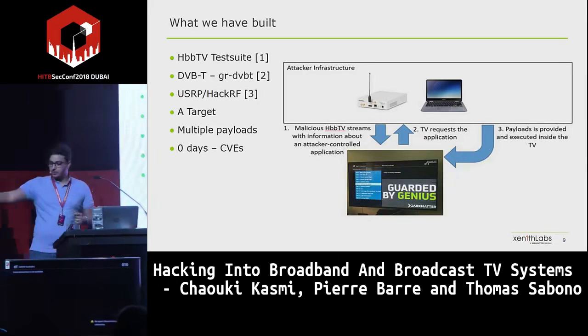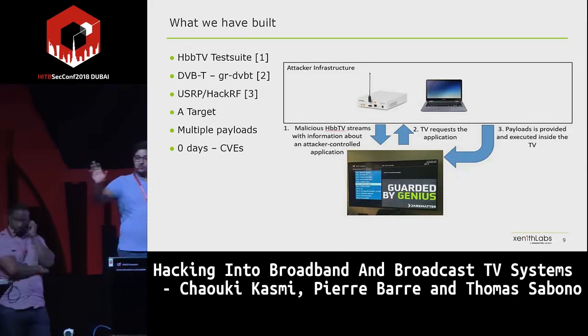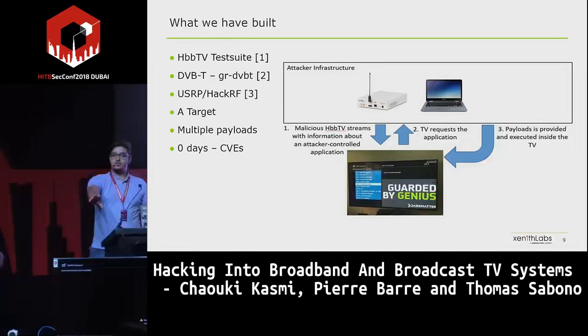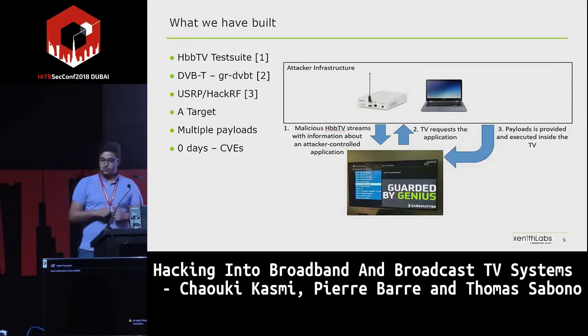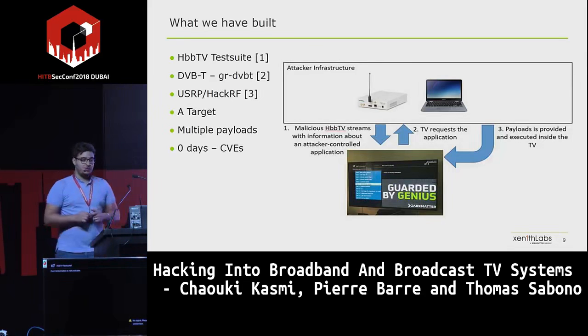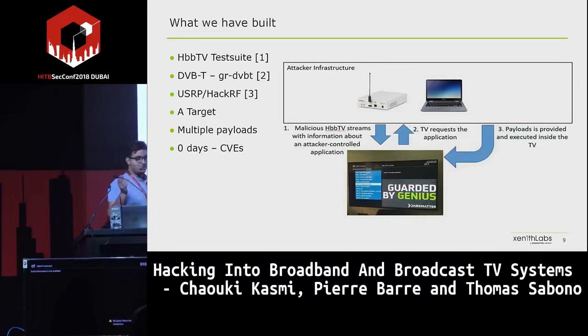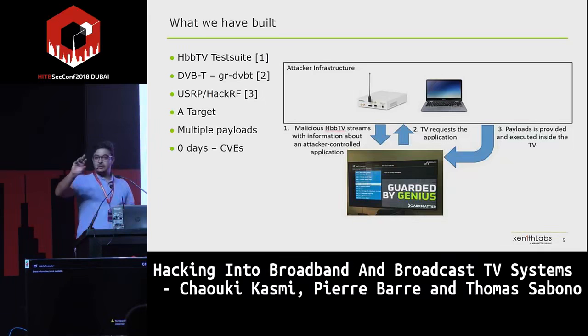So here is the laptop. We will send the signal to the smart TV. The signal will reach the receiver of the tuner enclosed in the smart TV. We will see the video records that was also available on the internet. And then the TV will be connected to a remote server that the attacker is controlling.